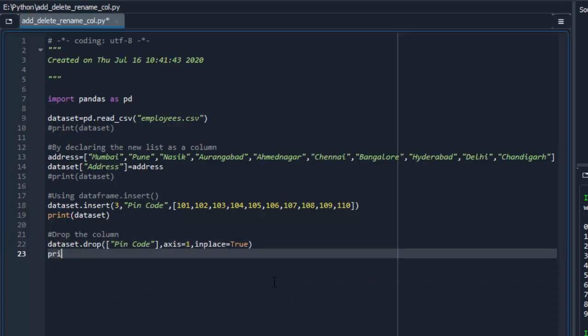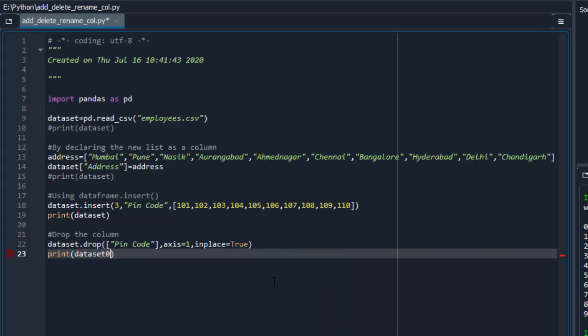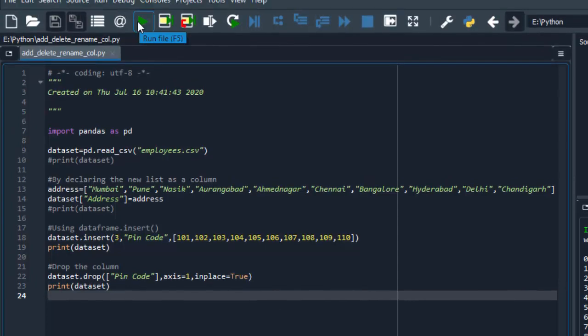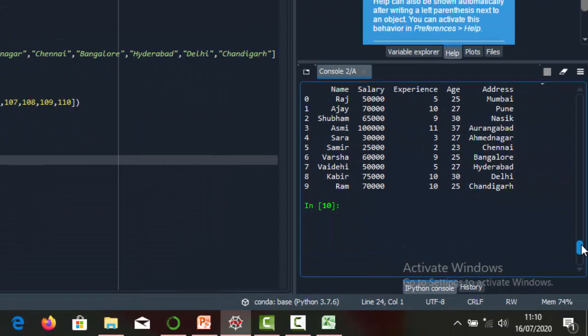Now just print this data set. So print in brackets dataset. Now just save this file and run the code. So here in the output, it is showing only 5 columns, that is, the pin code column has been successfully deleted.